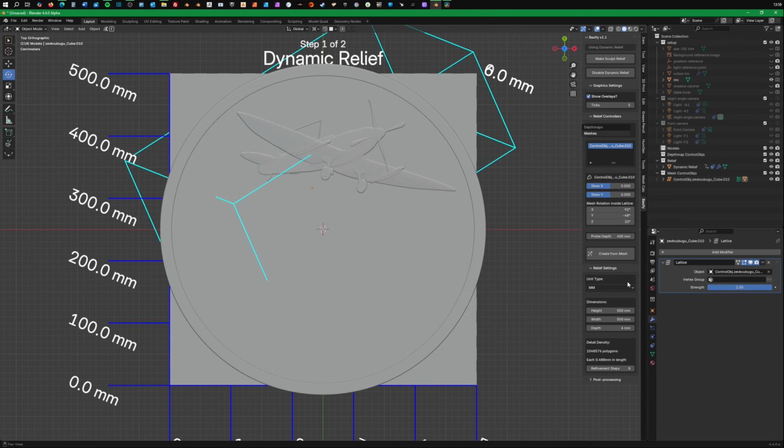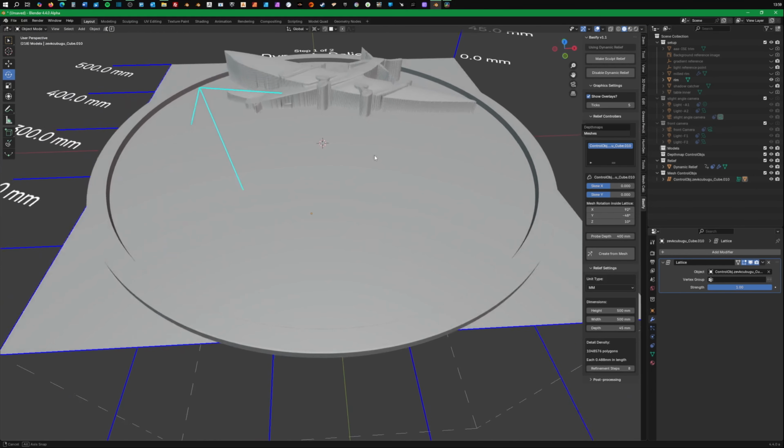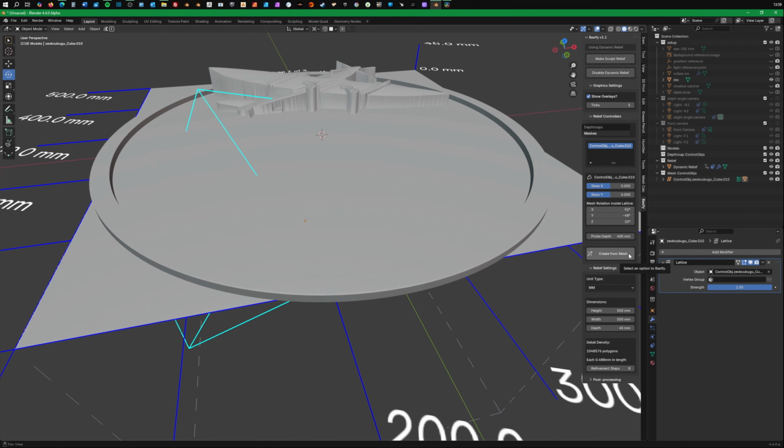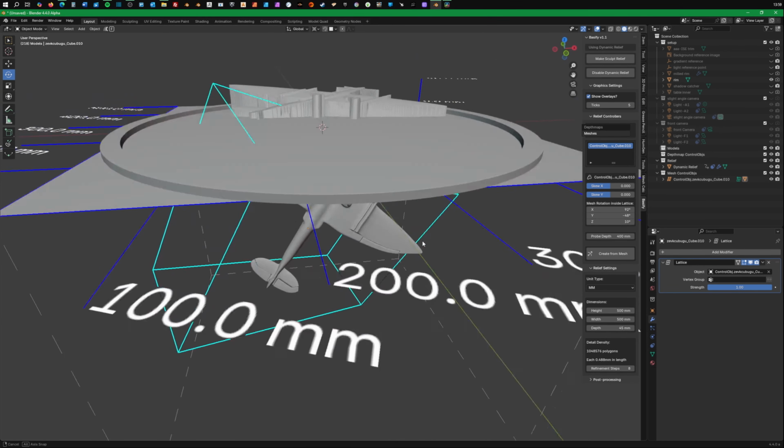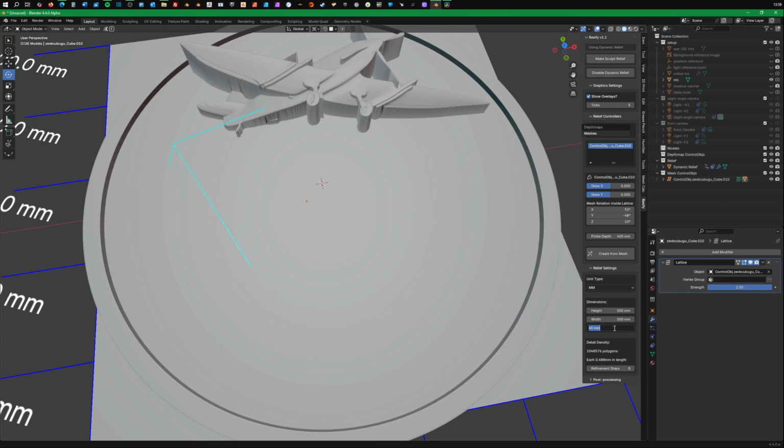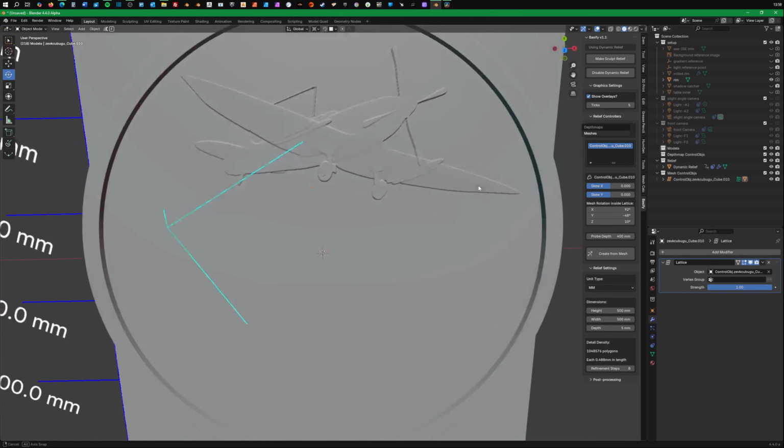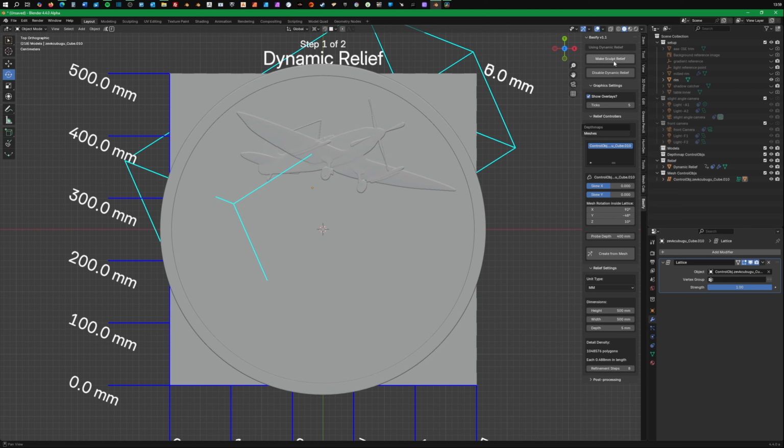So once I have got that, we can play with the depth of the relief as well. Let's bung that up a bit. I'm so used to doing circulating coin. Let's give it 45. There we go. That's a bit better. That's got quite a big step, but there is a way we can play with that, which I'll have to figure out afterwards. Let's keep it down on a smaller step just so it doesn't look so ugly.